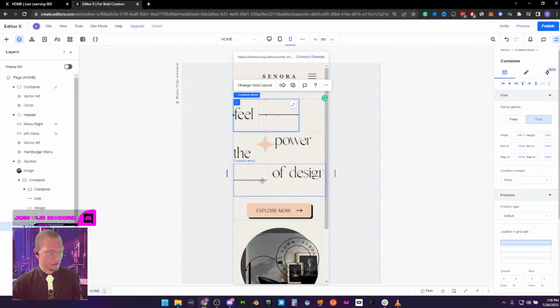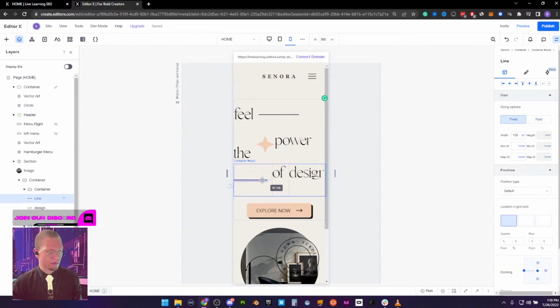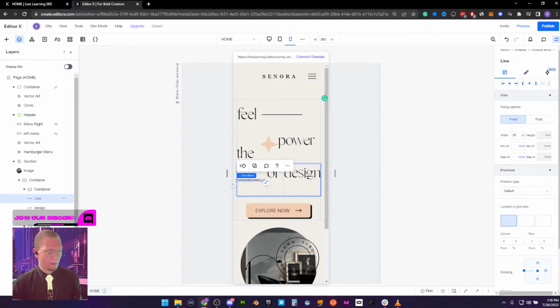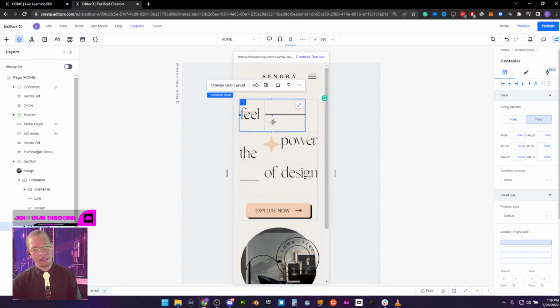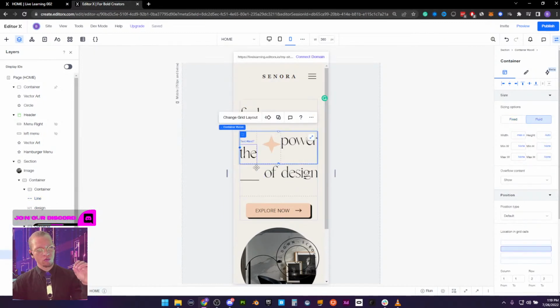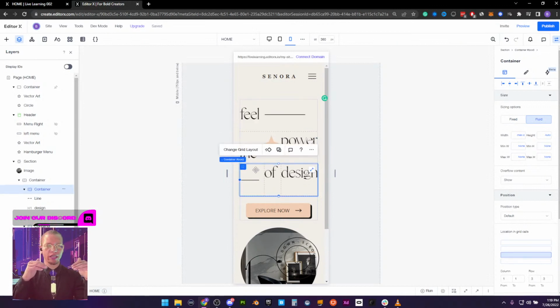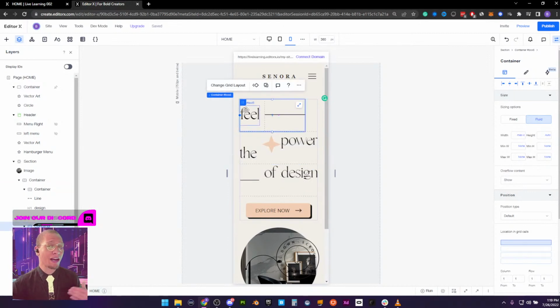And I'm going to do this one more time. I'm going to make this line just a little bit smaller, just like this. A little bit more. Okay. So what I'm going to do now is go into each one of these rows. I'm going to make sure that all of our content is aligned horizontally. And also I want the containers, height-wise, to constrict to the maximum content height that this content is within. I know I'm using a lot of words, but you guys will see exactly what I'm doing.